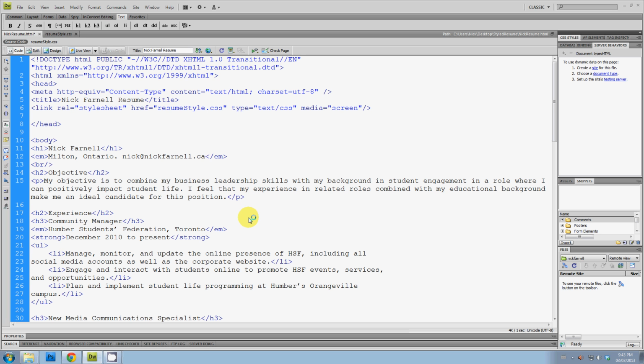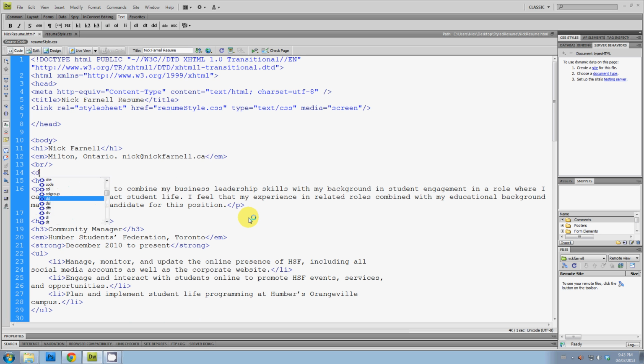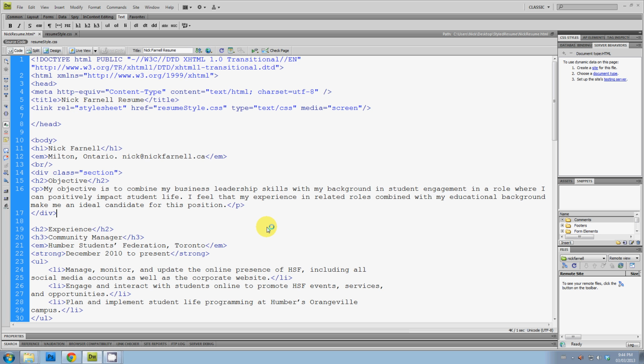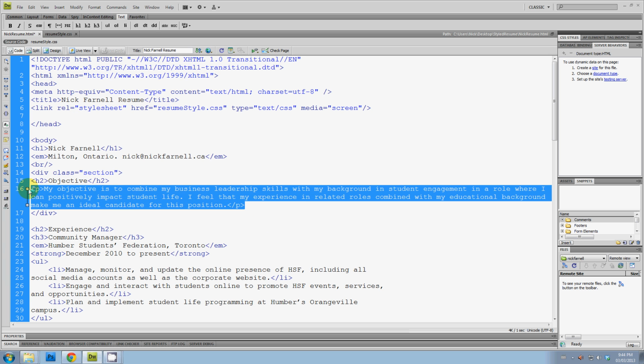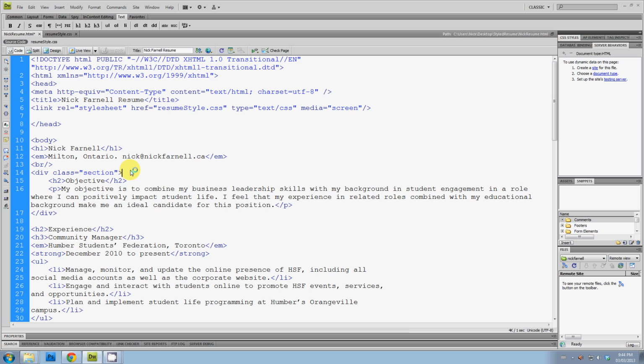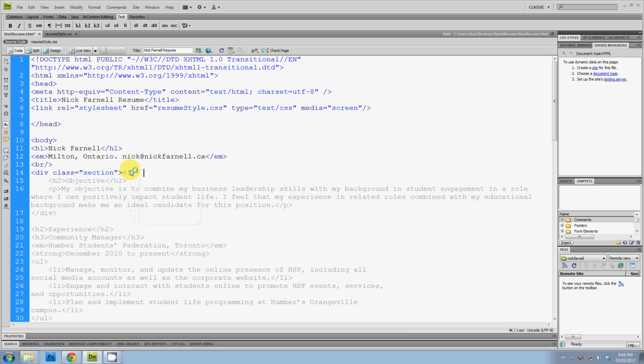So why don't we start here, and to add these new sections that we're making, we're going to add the div tags and call the class section, the one that we just created. I'm going to end it after this paragraph, close the div, tab everything over so it's easier to read, and leave myself a comment